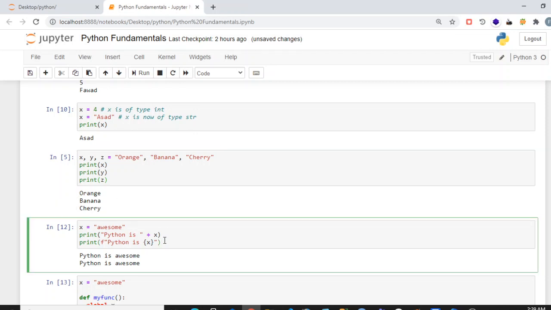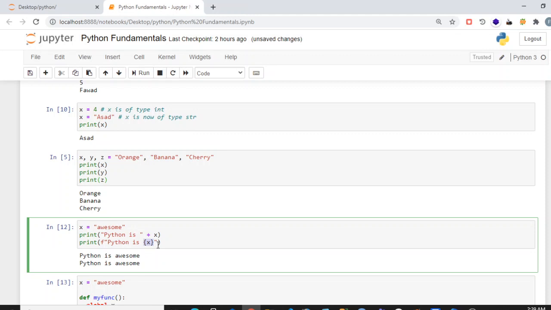In a print statement, you can print variables in 2 different ways. First is using the concatenation operator. You can simply concatenate using the plus sign. The other way is to use f in front of the inverted commas, and then type your string, whatever you want to write, and where you want to use the variable, you put the variable in curly braces.